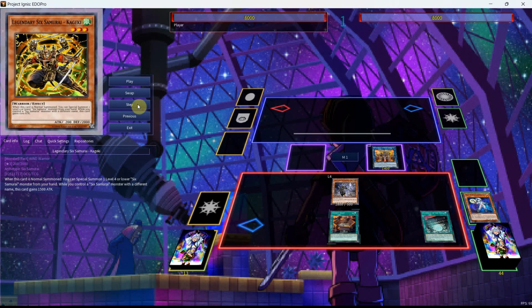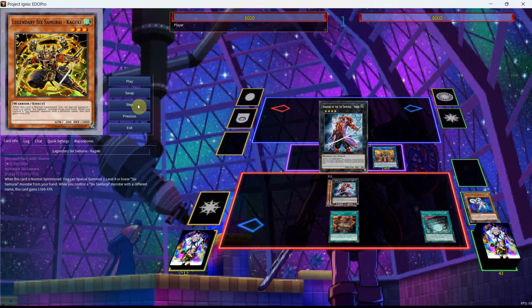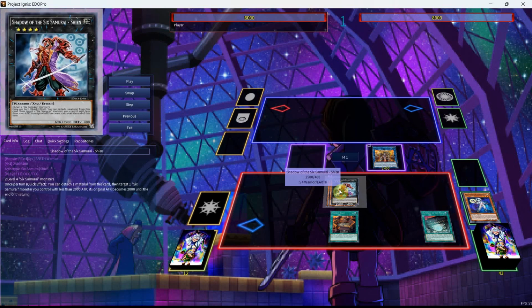From here we'll be able to get a search off of Gateway because we have 4 counters, and this will get us into a second copy of Kizan, which we'll put under the pointer again in order to get the 4 counters on the field for Gateway to remove and get ourselves another search. But before that, we're going to go into the Shadow of the 6 Samurai,